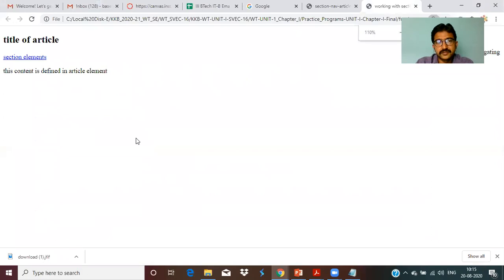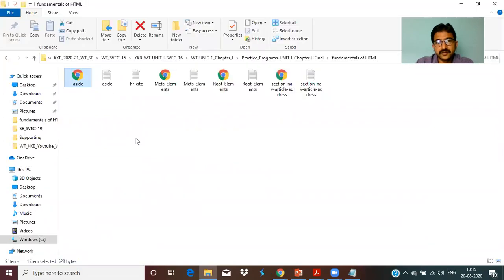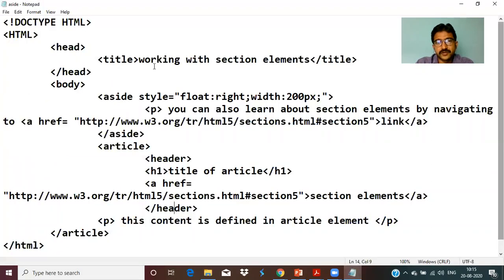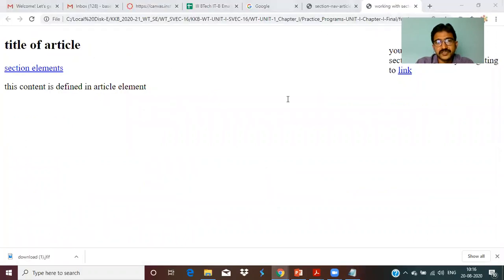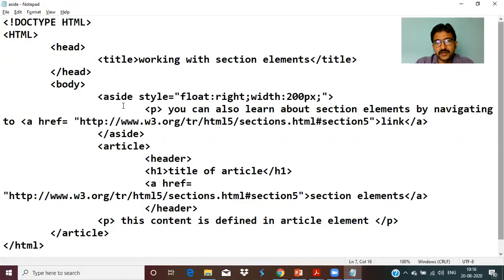Aside, see, now just open the program. The title is already there. The title is working with section. Title of the section.